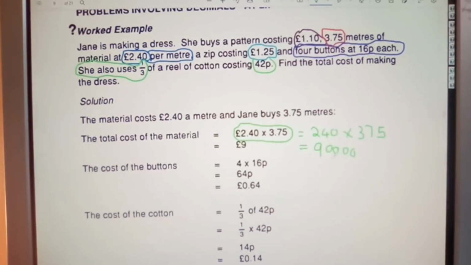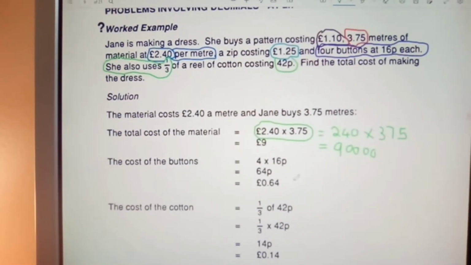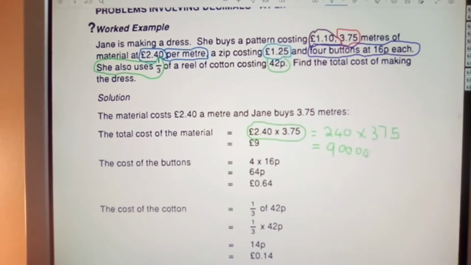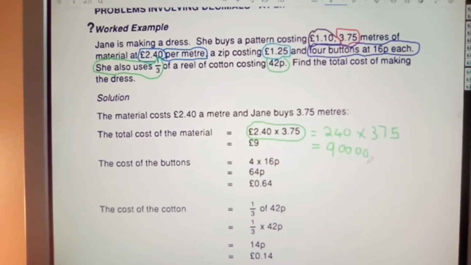Okay, now if I then move the decimal point to the left